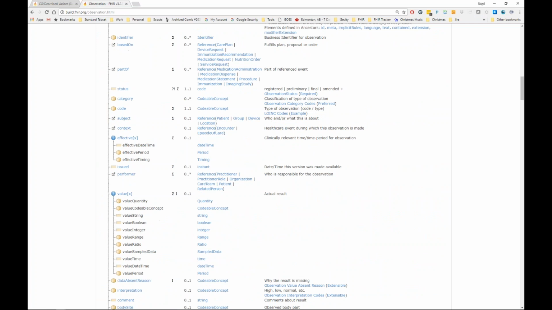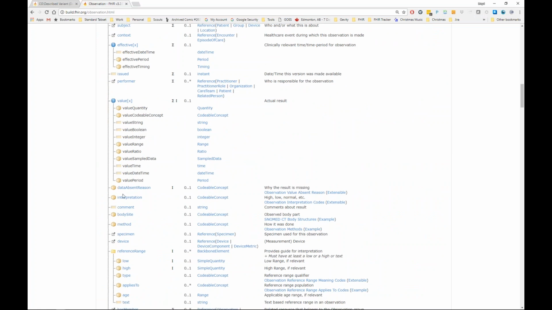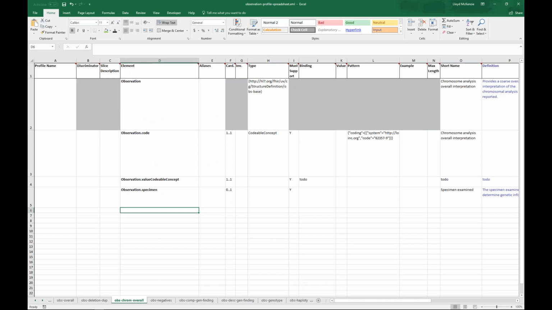What would be fun to play with? Let's say that we wanted to say that comments are actually something that we want to make supported when we're looking at an overall chromosome observation. So we would say